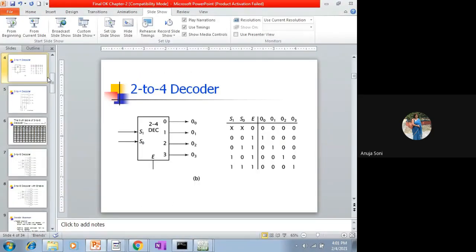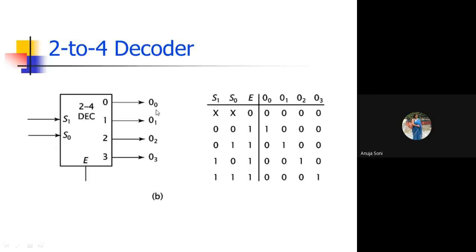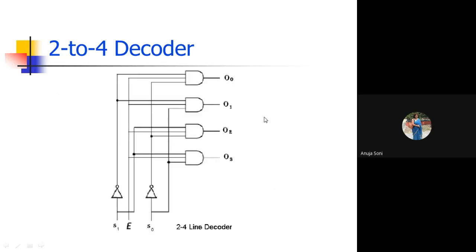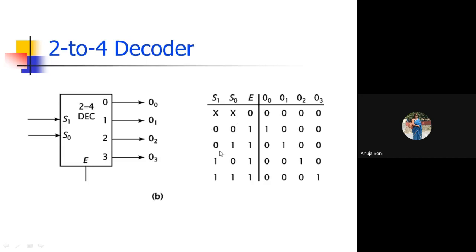Now this is using AND gate, as we have used in the case of your 3:8 size decoder. So this is a 2:4 size decoder, right? In a similar manner, if you are asked to draw the 2:4 size decoder using AND gate, you have to make use of this table. Which will be the formula for O0? It will be based on the different input combinations of the input variables. O0 will be equal to S0 bar into S1 bar.